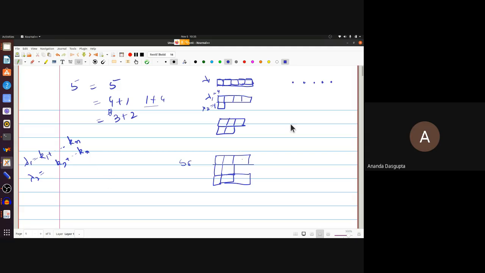So if I just use that rule, let me just first write down all the partitions or all the possible diagrams using dots now. This is one of them. I can put 4 dots and then you have only 1 dot left. That's simple. 3 and 2, that's 1. 3, 1 and 1, that's another possibility. Then I have 2, 2 and 1. Then I have 2. And then finally you can have